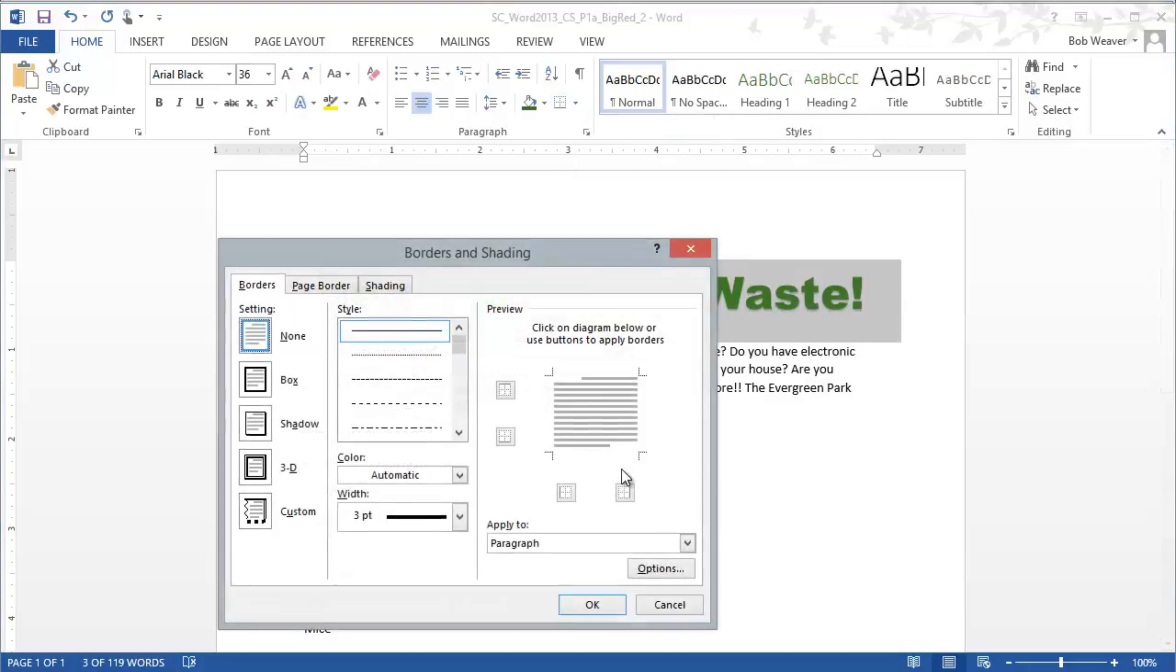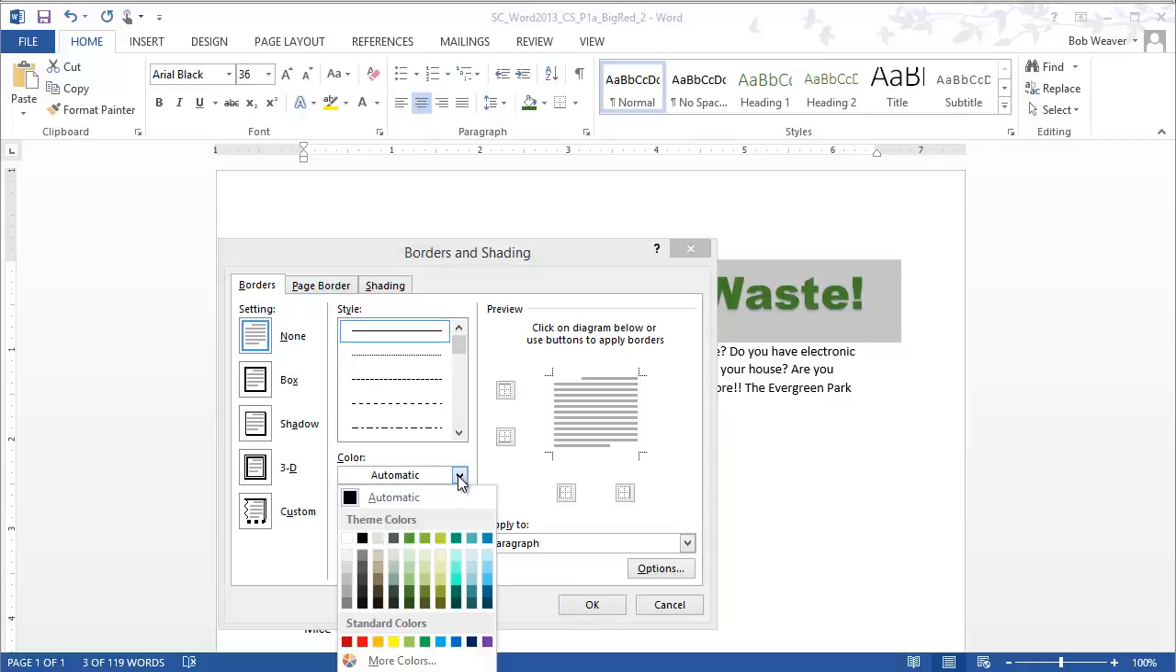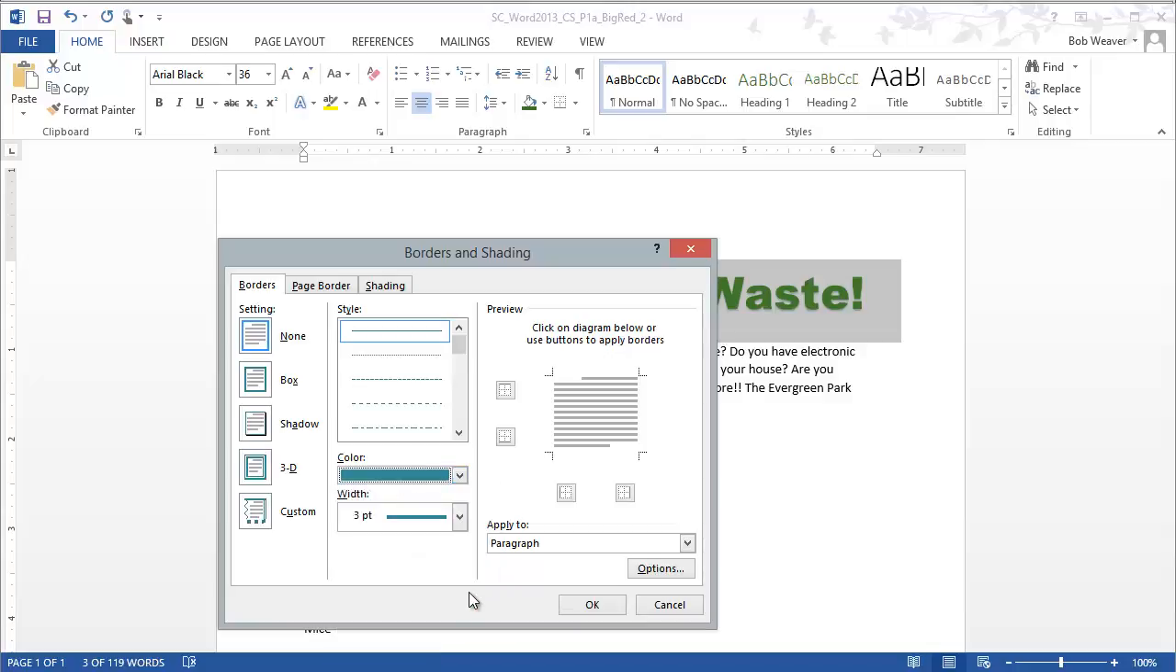So I go into Borders and Shading, and in the Borders and Shading, I can specify the width, which is supposed to be 3-point, and I can specify the color, which is supposed to be, what was it? The color was Aqua Accent 5, Darker 25%, which is right there. It's next to the last row, next to the last column. And now that I have my 3-point width and my color,